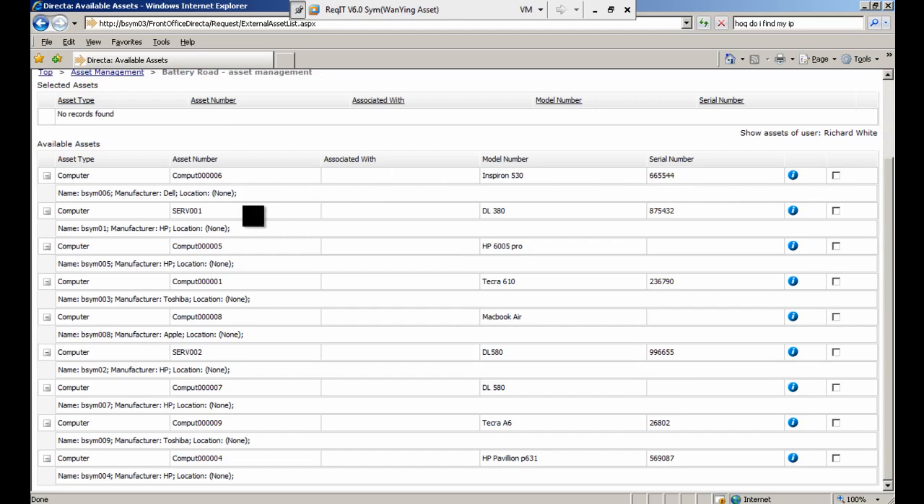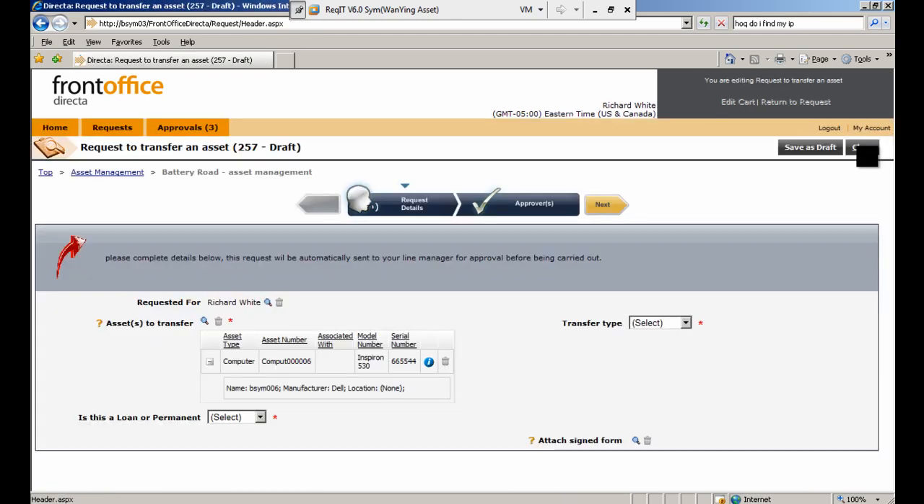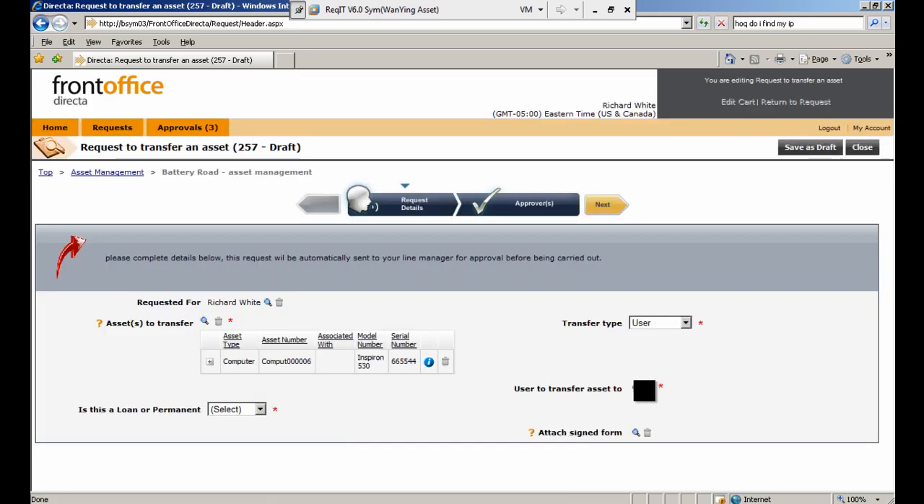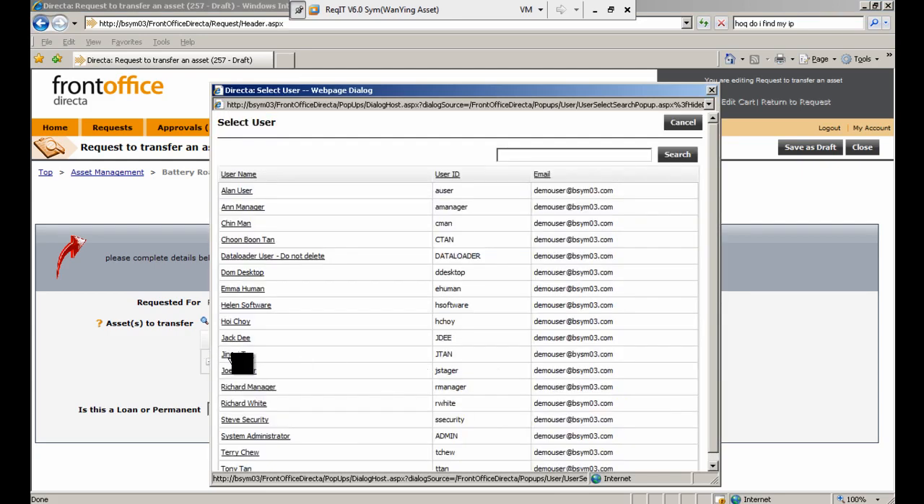So I'm going to go and select this particular one here at the top, so the BSIM06 one. I'm just going to click on that, select it, click on OK, and what that does now is it pulls the details of that particular asset back into the request, and so we can use that. We've got all the details there, and we can use that now as the request goes through. I need to choose some other details in here. We're going to do a transfer type of user, so I just need to pick a user that we're going to transfer this asset to,